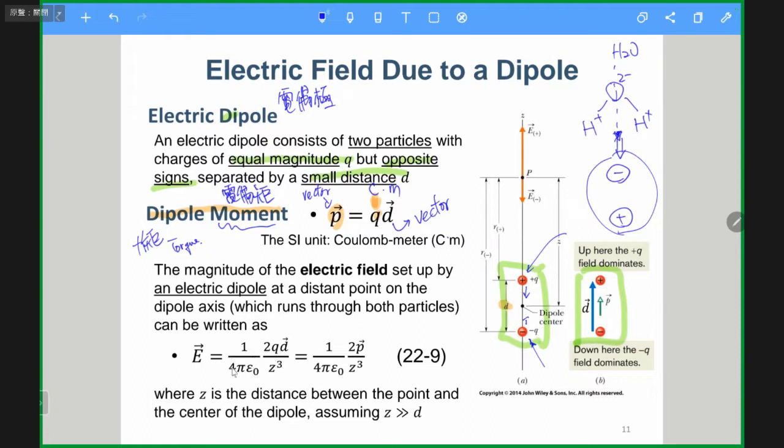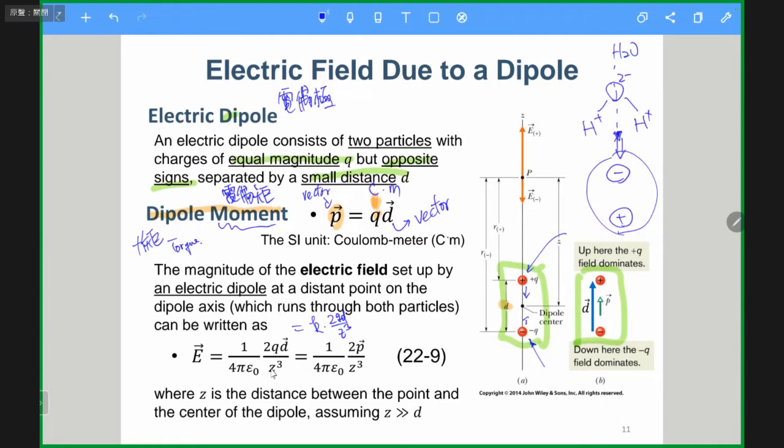But here, as I mentioned, 1/4 pi epsilon naught is a constant that usually occurs together. So maybe we can just regard it as K times 2QD over Z cube. Then we don't cancel this 2 and this 4. So this is the first expression. This is K, this is a constant 2, and then Q times D. Q times D, what we have defined as the dipole moment, so we can also write it as 2P over